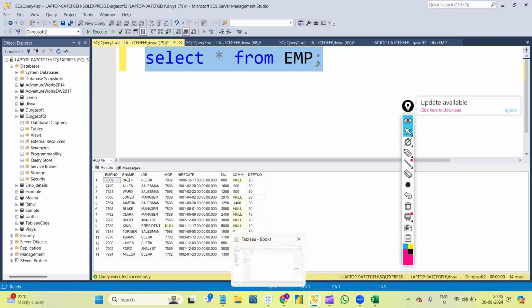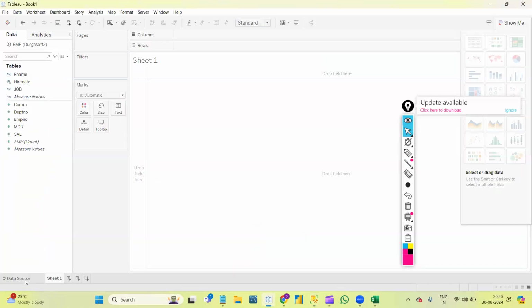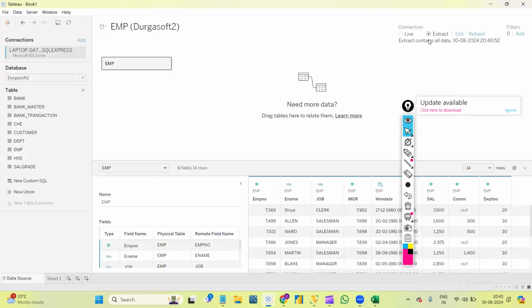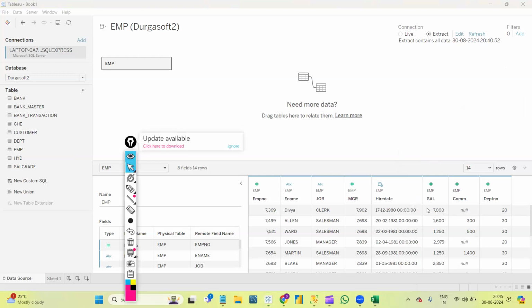So basically here my data is again updated to Smith, right? Now I'm opening my Tableau. So you can see now I am on my extract level. We have something called a refresh option here. We need to click here. If we click the refresh button, you can see here, first my data is Divya, and salary is also 7,000 here. If I click this refresh also, it will work, but sometimes maybe if we have